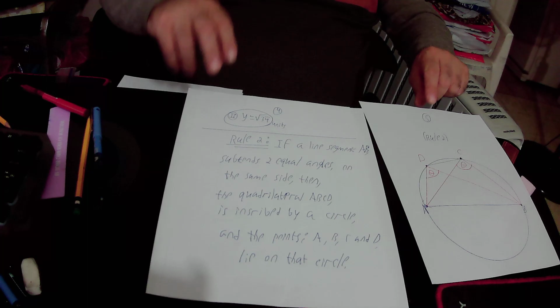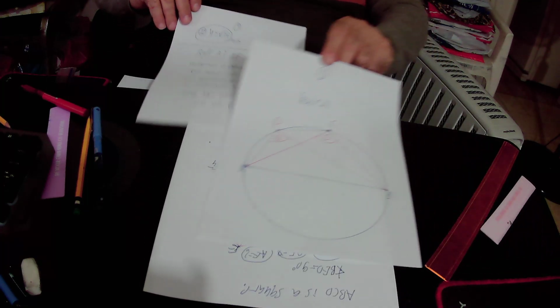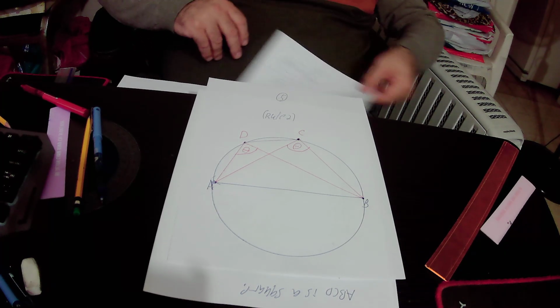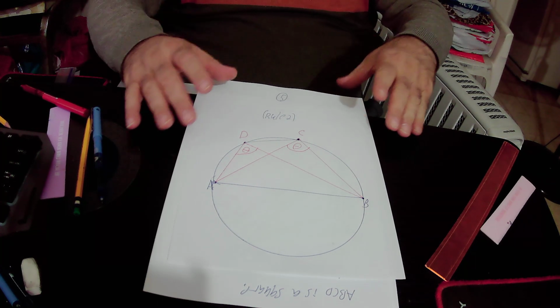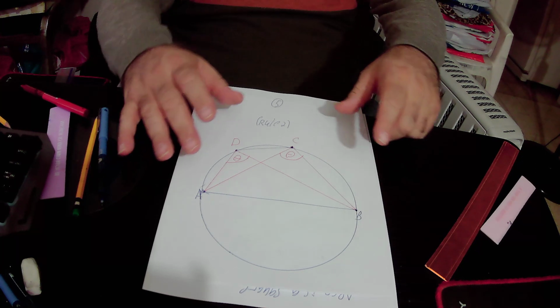So what is the meaning of rule number 2? The meaning of rule number 2 is that if we have line segment AB,